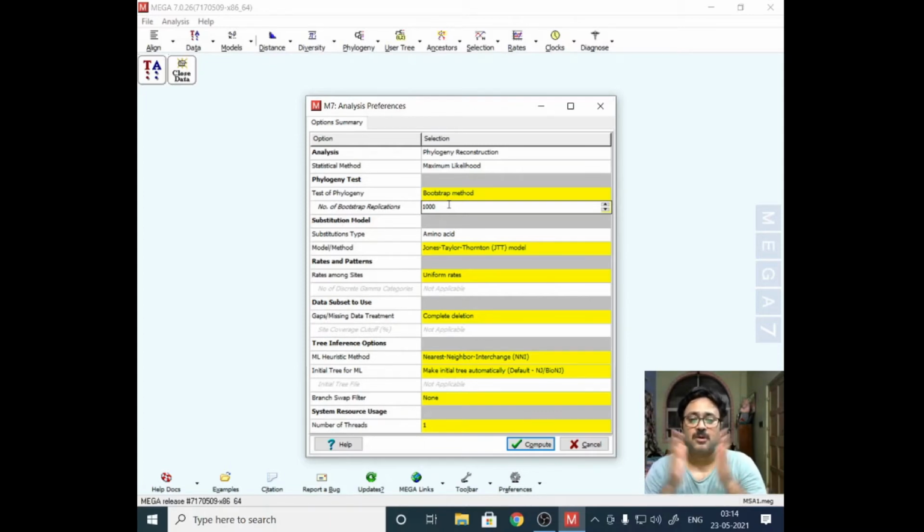So basically, if the data is good, if the multiple sequence alignment is good, out of 1000, maybe 950, 970, 990 times it is going to prepare exactly the same tree. Now again, this will depend on the number of sequences and the length of the sequences.